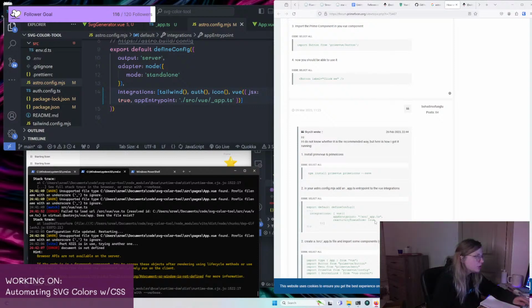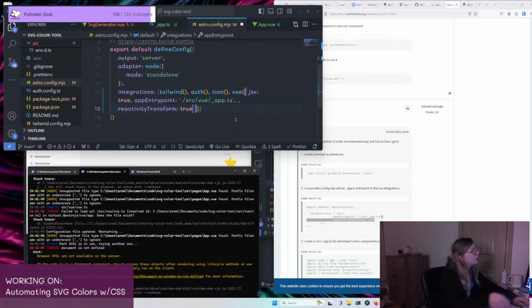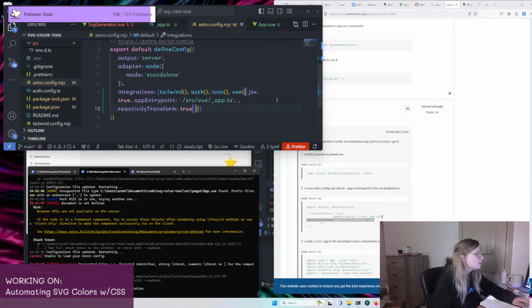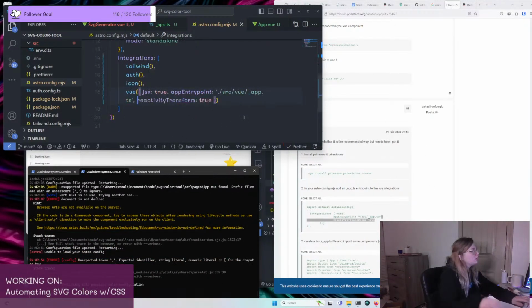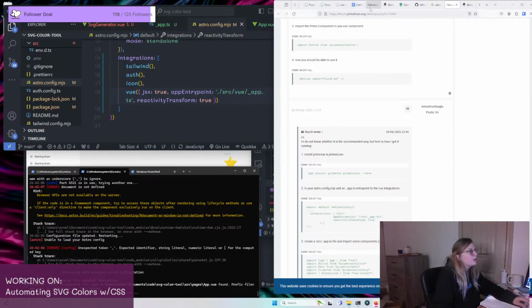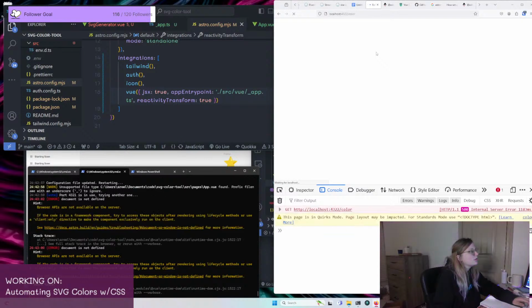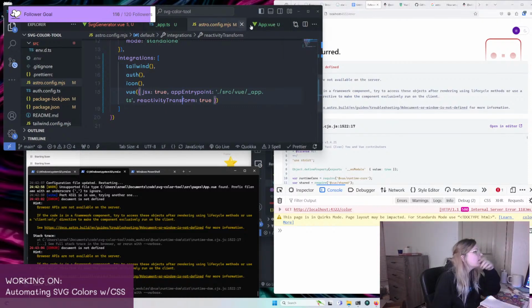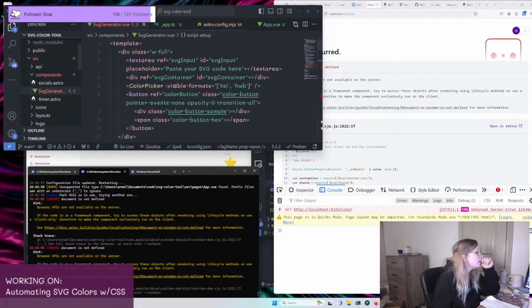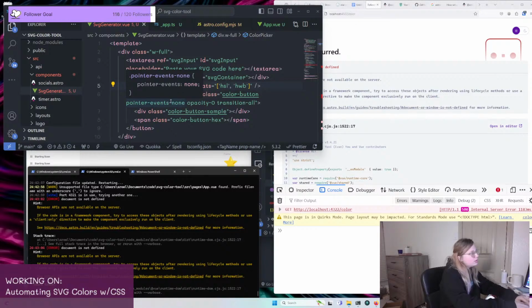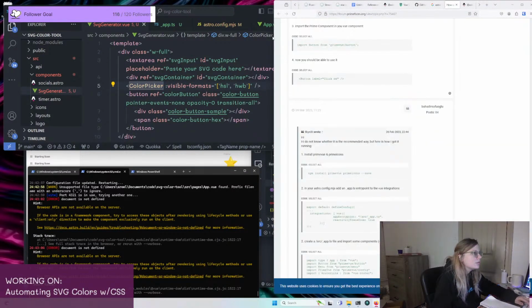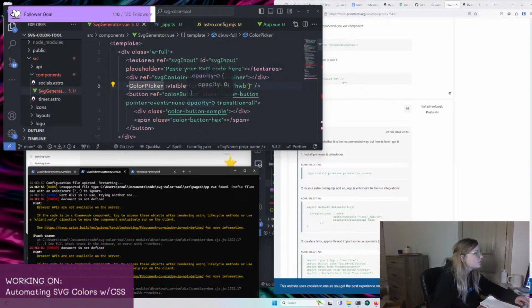Oh, reactivity transform true. Do I need that here? Maybe. I'll see. I'll try it. Oops. Might be part of my problem too, if I have an extra comma that whole time. Yeah, I know. Yeah. Okay. Oh, and then, oh, I know. And then once again, I forgot my client only maybe. But I don't think that that matters because